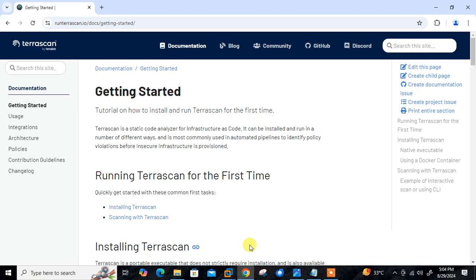So what's new in this video? In this video we will talk about the TerraScan command. But before we start the lab session, we need to understand a few points, which is what is the TerraScan command in Terraform and its use cases. You can see this is the official documentation of TerraScan, and as per the documentation,